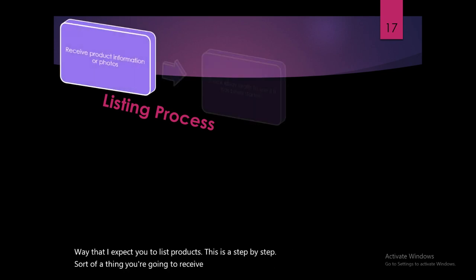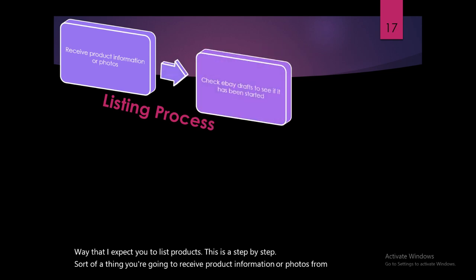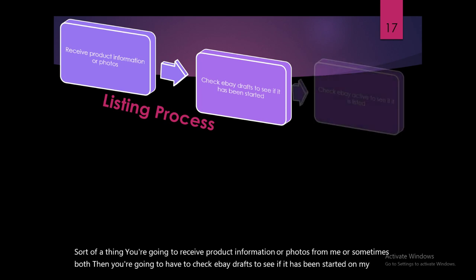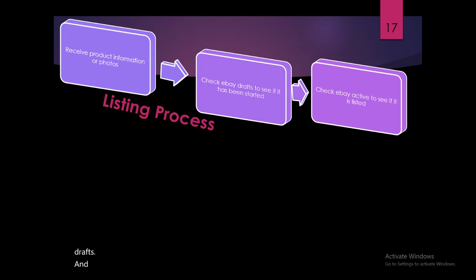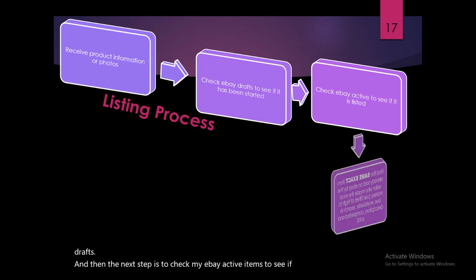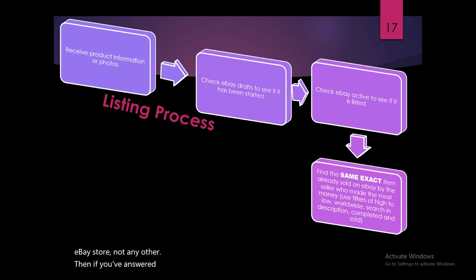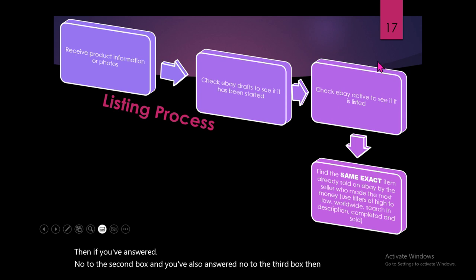You're going to receive product information or photos from me, or sometimes both. Then you're going to have to check eBay drafts to see if it has been started on my eBay drafts. And then the next step is to check my eBay active items to see if it's actually already listed on my eBay store, not any other. Then if you've answered no to the second box and you've also answered no to the third box,